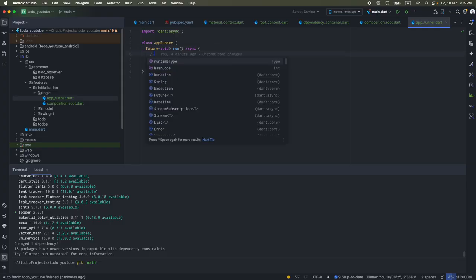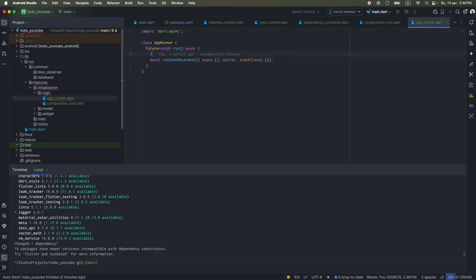So you may ask why you wrote runZoneGuarded. What is the reason? It's because runZoneGuarded will handle all the exceptions that you did not catch. Look, for example, you have a try catch, and inside the try you write code, and in the catch you will use some kind of